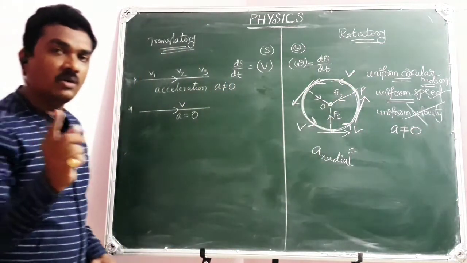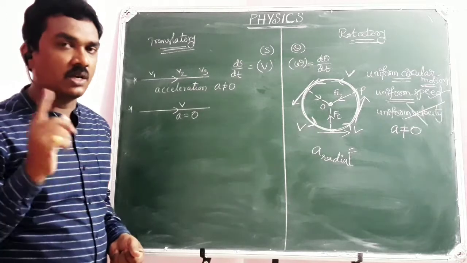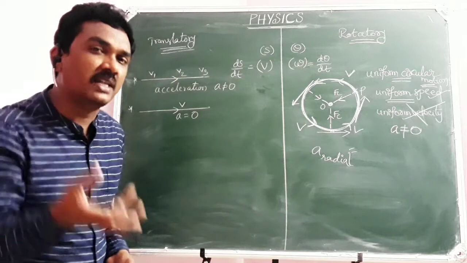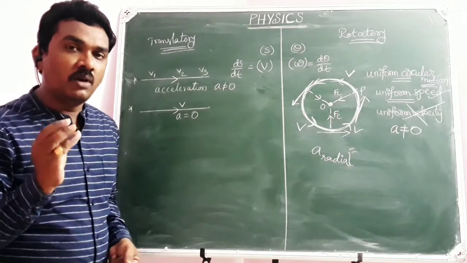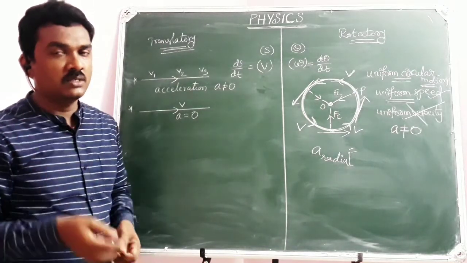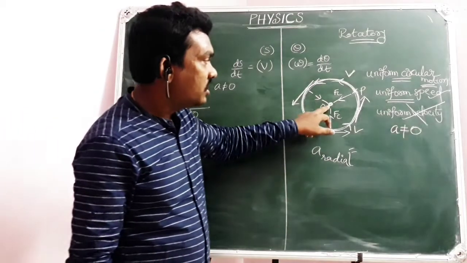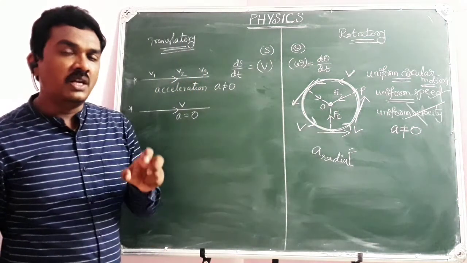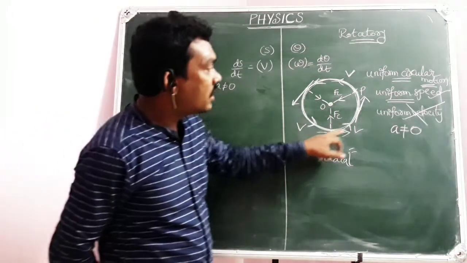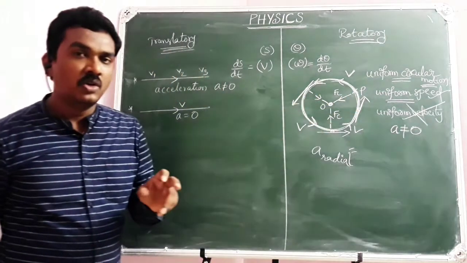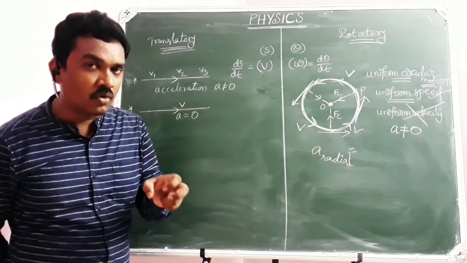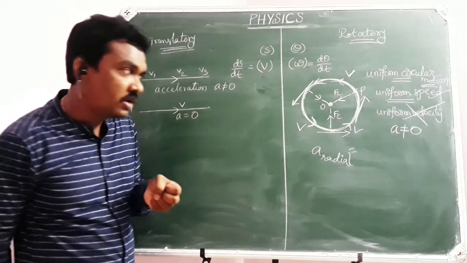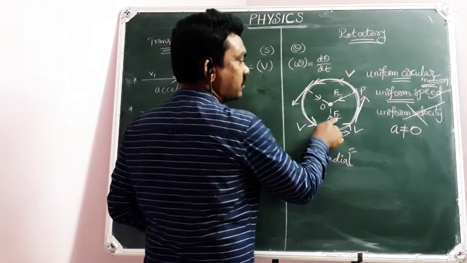Like planets moving around the sun in elliptical orbits, which are curved tracks, because there is a force of gravitation of the sun on the planet. Electrons revolve around the positively charged nucleus, because the nucleus exerts an electrostatic force of attraction on the electron. So any particle moving along a curved track around a fixed point should experience a force towards the center of the circular track, which is called centripetal force.